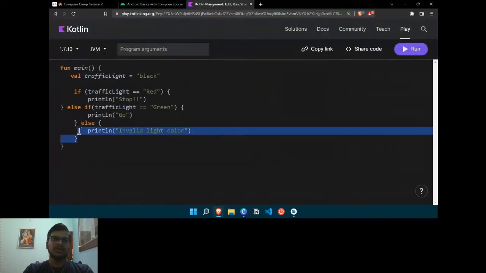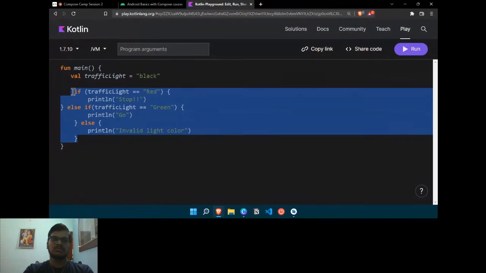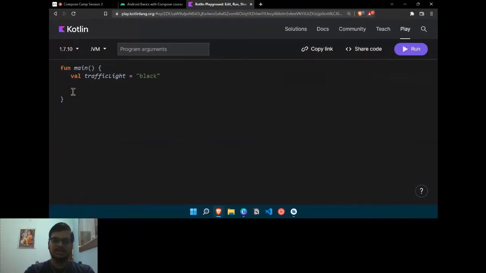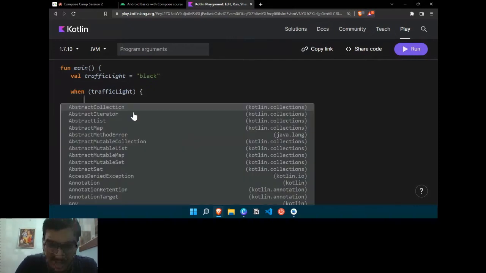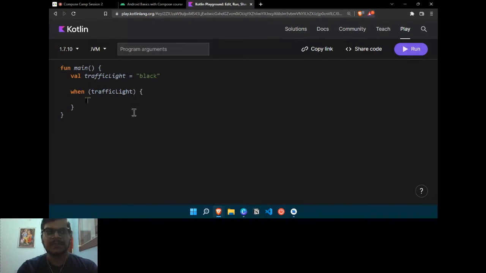Yeah. So my traffic light color is black. Now I need to check. I will use the when keyword. Then I will write the parameter. I will use traffic light. Then I can write my conditions in sequential order. So I will be using, if the traffic light color is red, so I will use